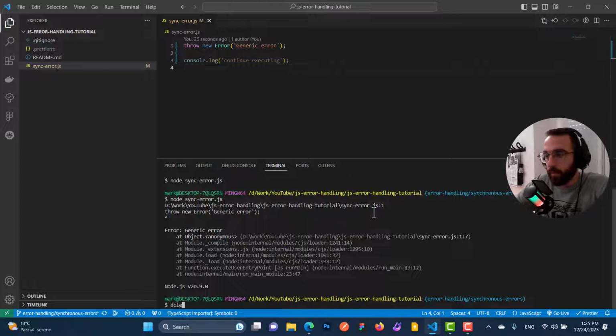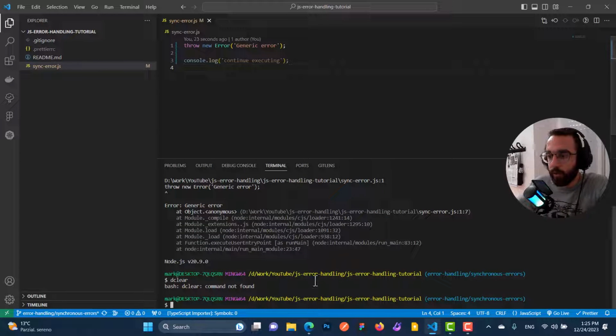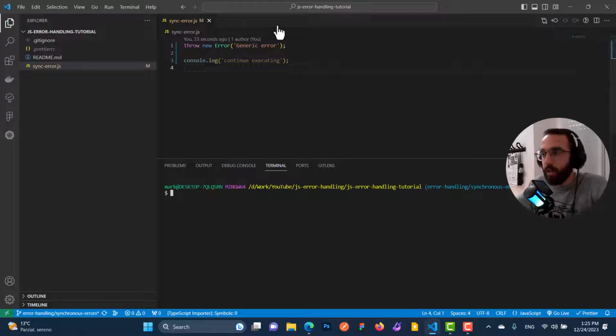So let's see how to handle this error. What we mean by error handling is that we prevent the error from crashing our application, because that's a terrible experience for our users. So we always need to handle errors in JavaScript. In order to handle an error, we write